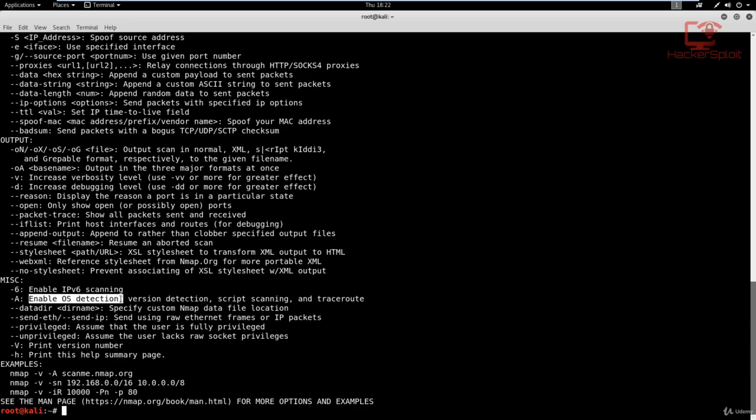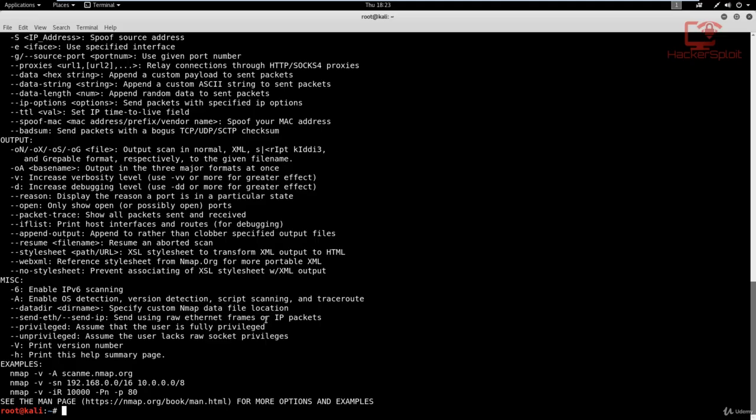It enables OS detection, so it will detect the operating system that is running on our target that we're scanning, and the version of the software that is running. So again, if your target has an FTP port that's open, it's going to detect what version of the software or the service that is running on the FTP port. It'll scan for scripts, perform a traceroute, and more specifically, some of the other fantastic options that it does give you